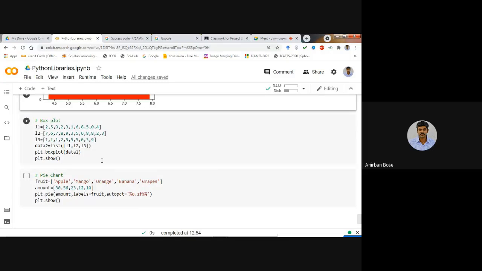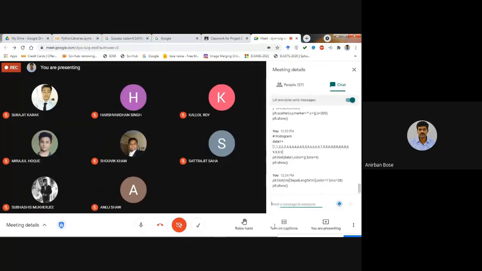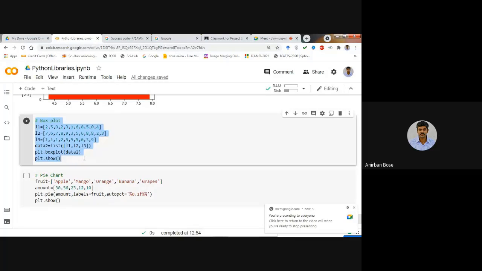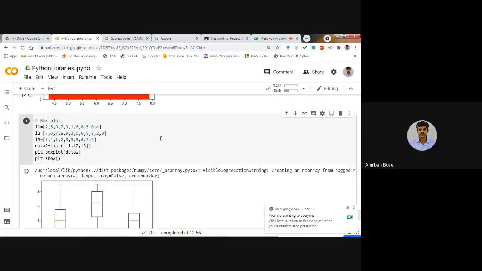The next one is the box plot. You can make the box plot also. L1 and L2 are two lists, and L3 is another list. And suppose you want to make a list of L1, L2 and L3. And if you want to make the box plot of these three, then if you make the box plot of this, you will see it will give this kind of a